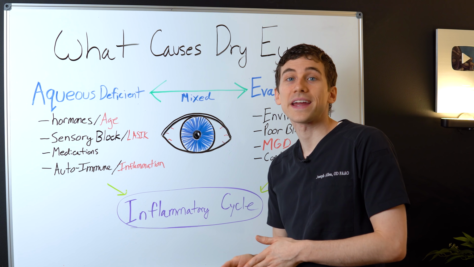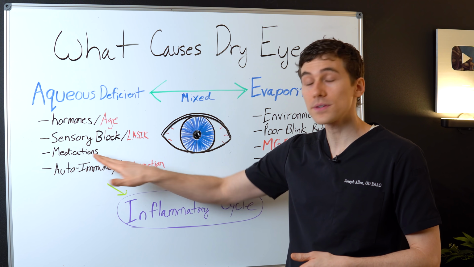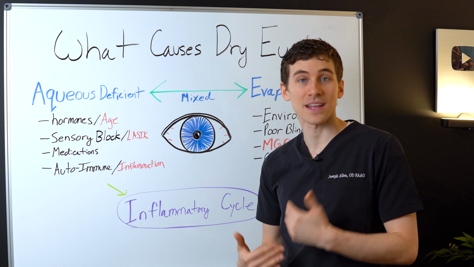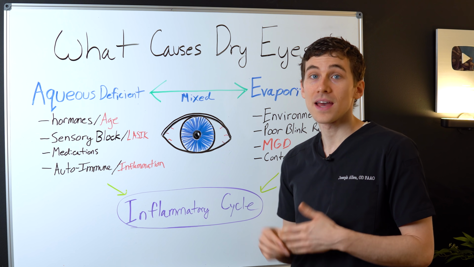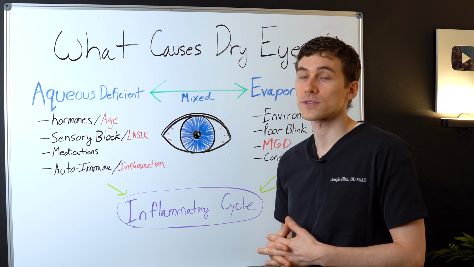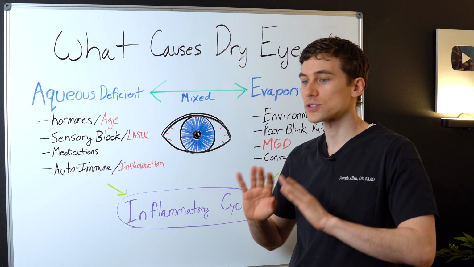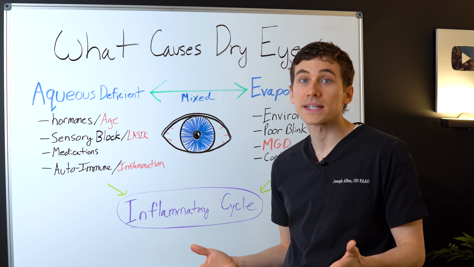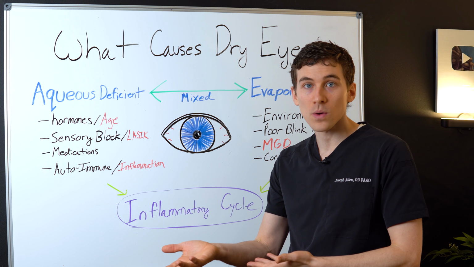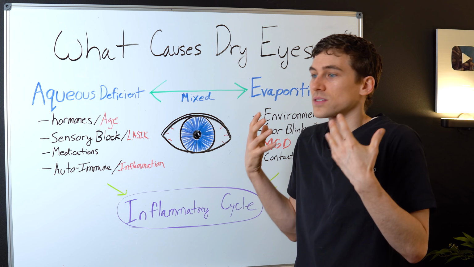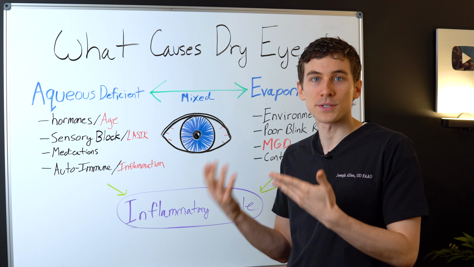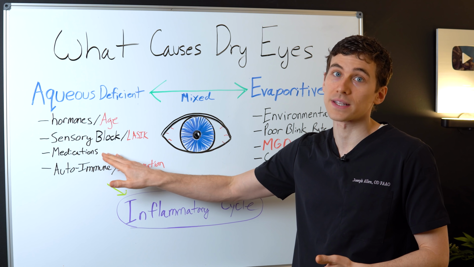Another major cause of aqueous deficiency has to do with medications. If you're somebody who takes a lot of systemic medications for different diseases, these medications oftentimes do dry out the body. Most notably are going to be antihistamines, such as oral antihistamines you take for allergies, as well as any medications for high blood pressure. These medications are most famous for drying out the body. Usually you have to urinate more often, and so you end up with just not having enough liquid in your body to help produce tears. So it's important to remember to drink lots of water.